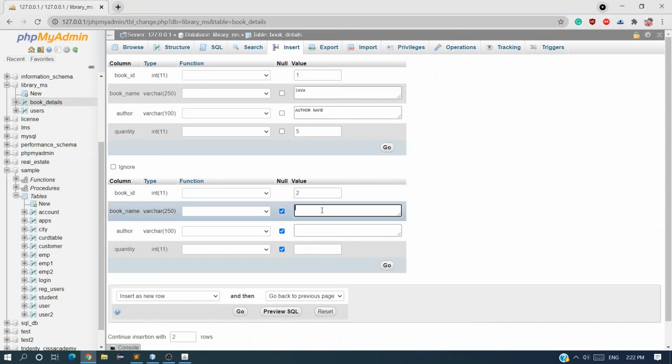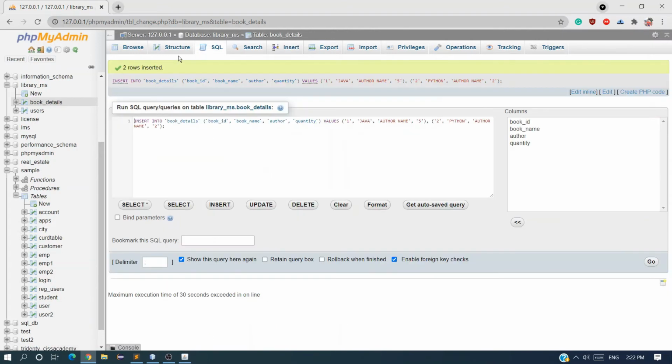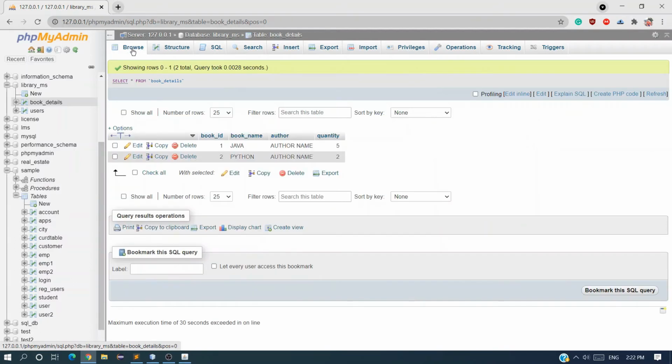Now the second record is Python and author name, and here quantity I want is 2, and click on Go. Now you can see we got our data in the browse. Click on browse,